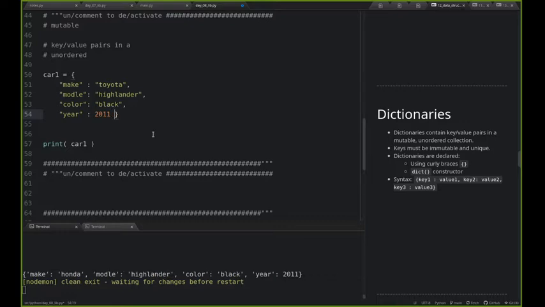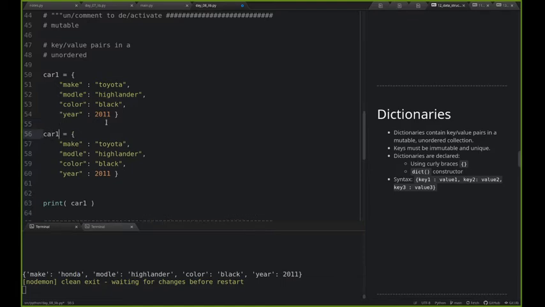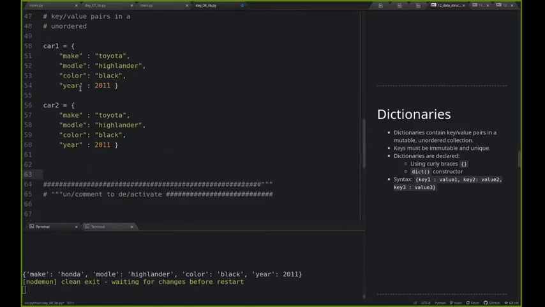If you have 3 dictionaries, do you have to avoid reusing keys? That's a good question. Different dictionaries can have, let's say they're independent of each other. So if I could make another car2 dictionary that has all the same keys, and here let's print car1 up here,